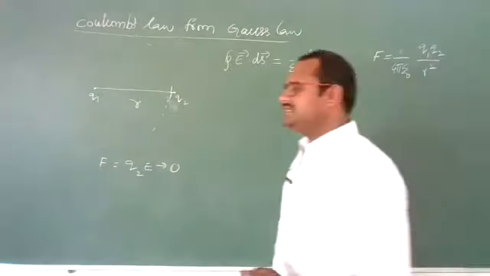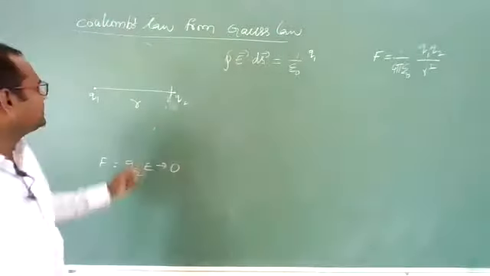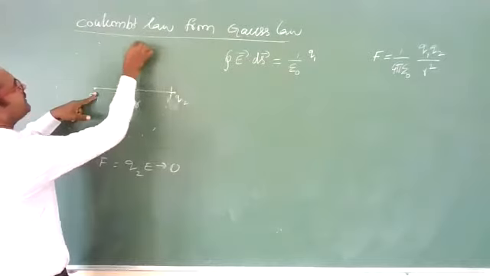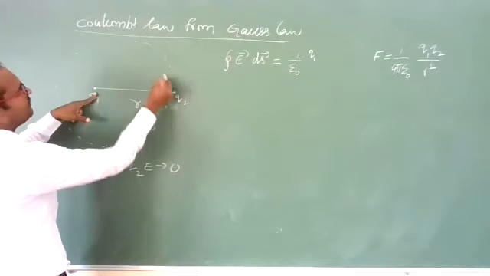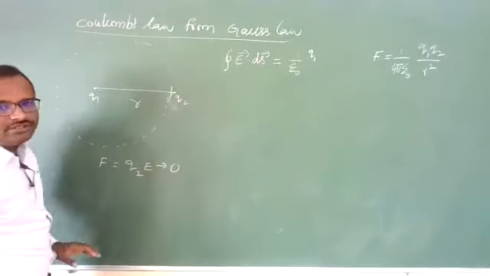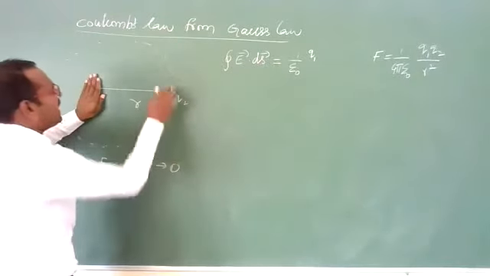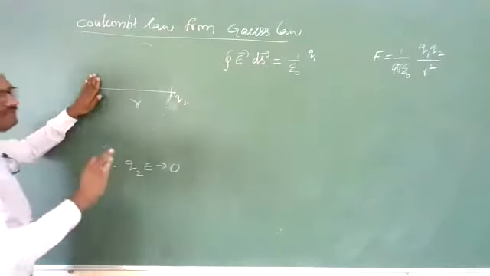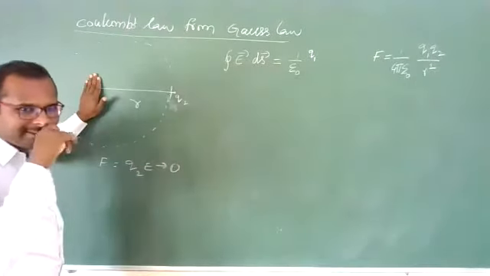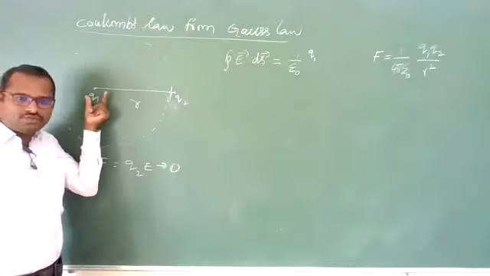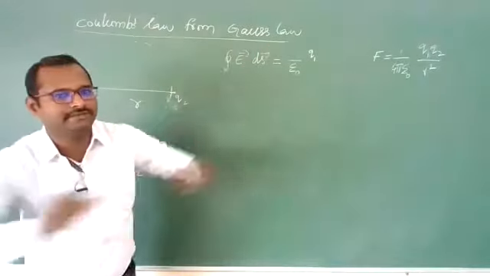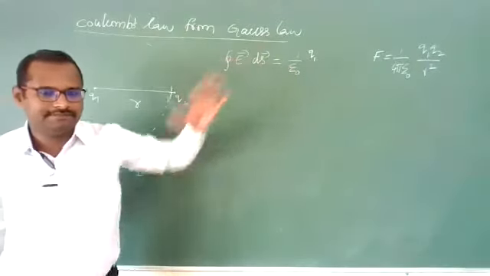Okay? Yes. See here, I have considered this Gaussian spherical surface such that each and every point on that spherical surface is at equal distance, that is radius. Then, due to the charge Q, at each and every point, electric field will be constant. First point is satisfied. Second point, due to charge Q1, this is positive charge, electric field will point radially outward in all directions.